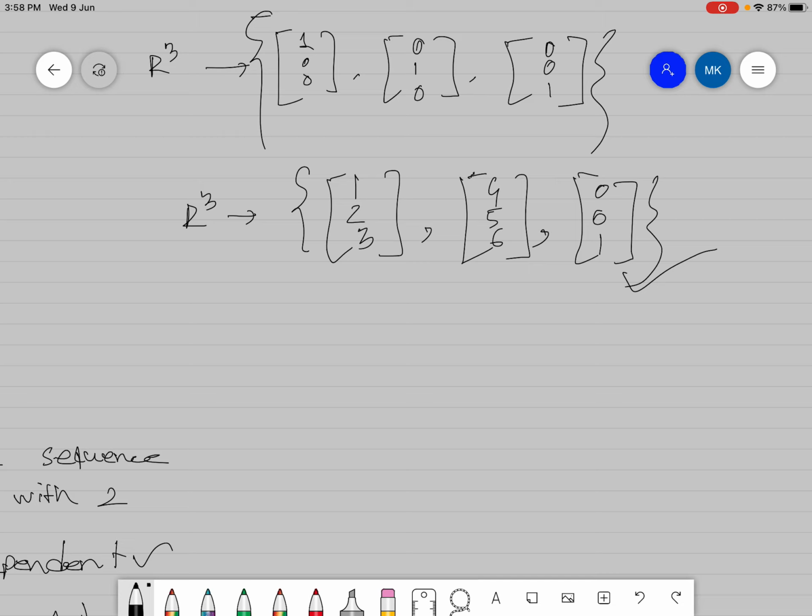You have to have three vectors to span the whole of R3, so you have to have n vectors to span the whole of Rn, right? One more question in this regard: if I just take only these two vectors,